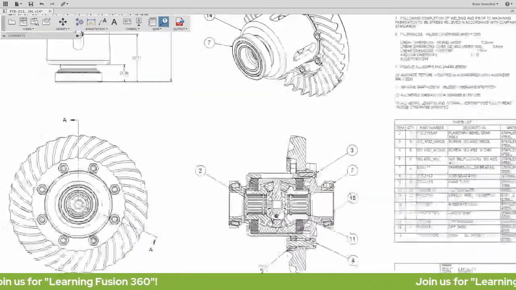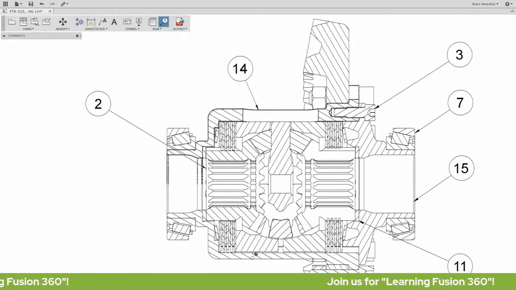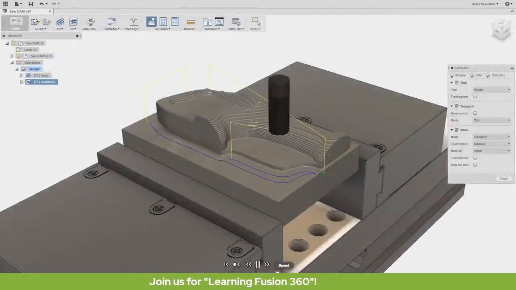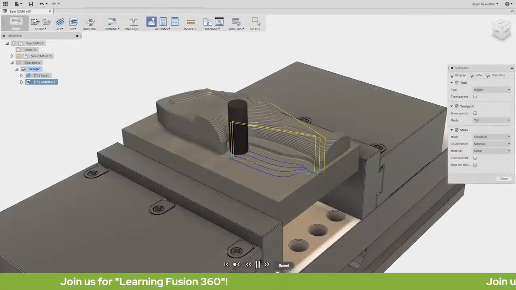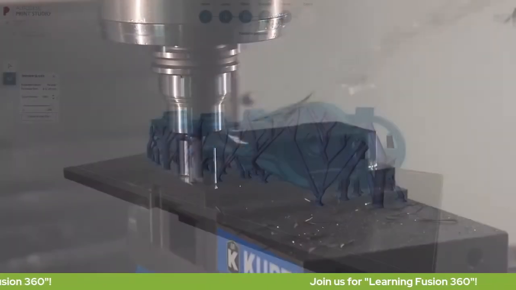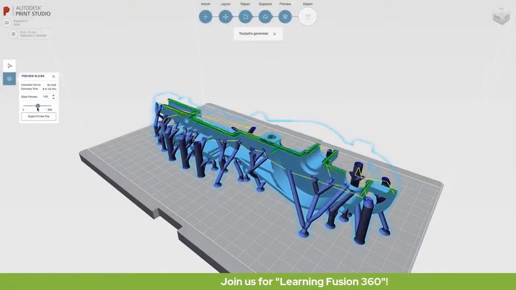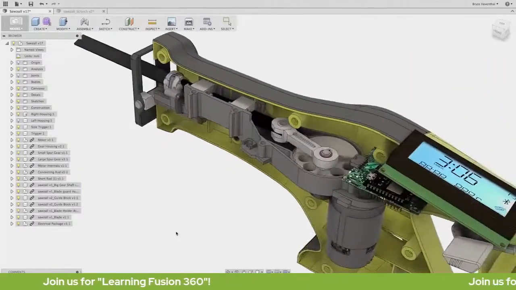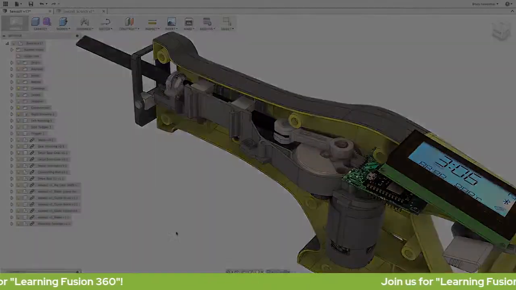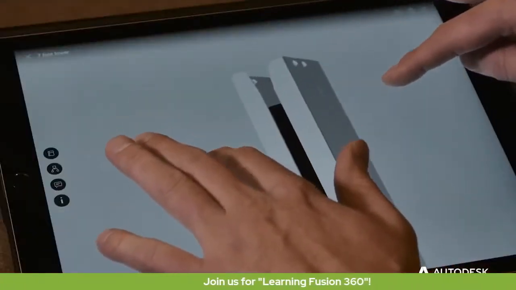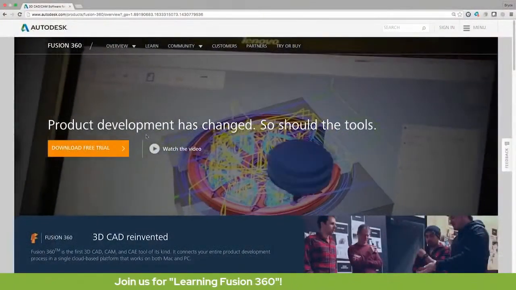Is it the first cloud-enabled tool to provide 2D drawing capabilities? Is it simulation software? Or is it a CAM application for turning and milling operations? This is what you need to know about Fusion 360. It's not any one of those things. It's all of those things. It's the next generation product innovation platform designed to work on Mac, PC, and mobile devices. So come on, what are you waiting for? Try Fusion 360 today.